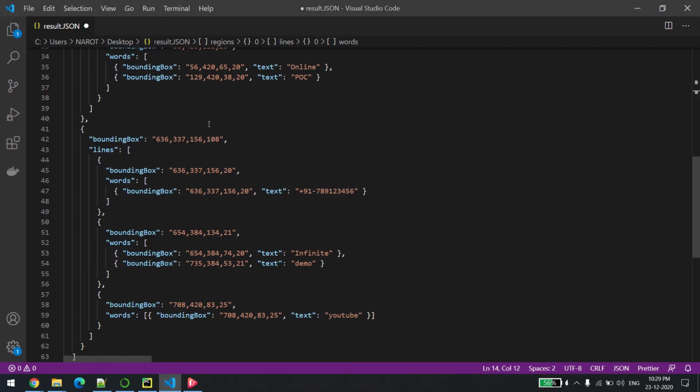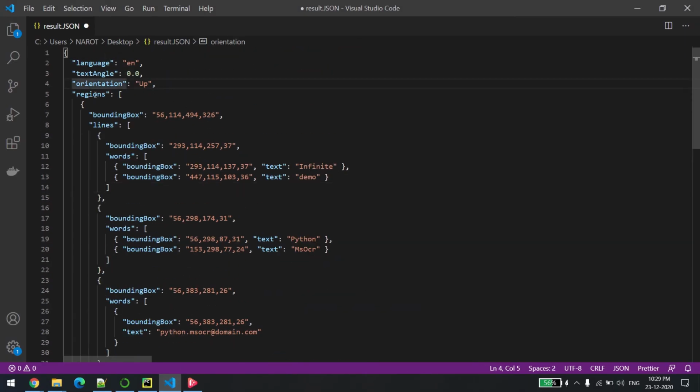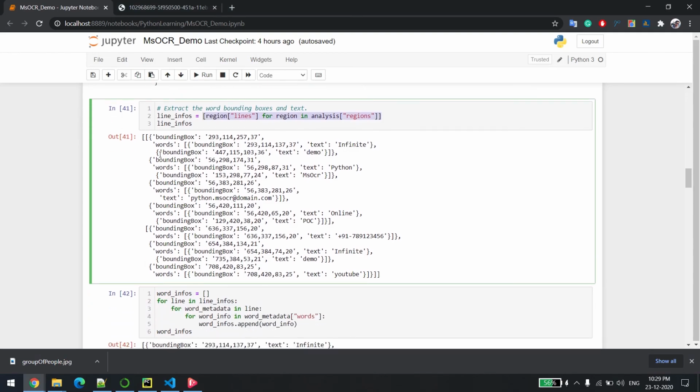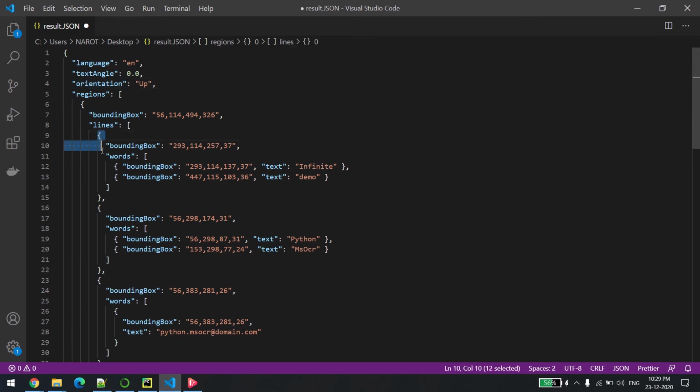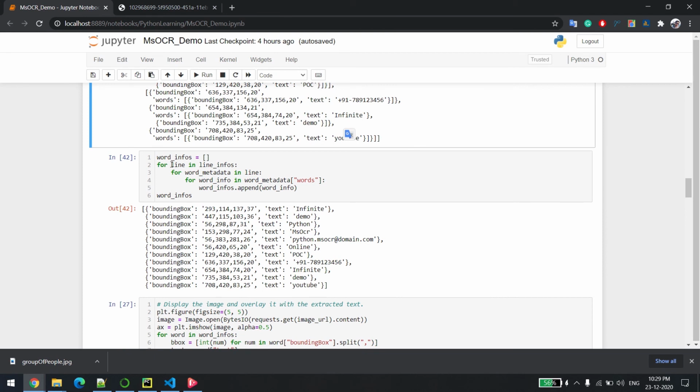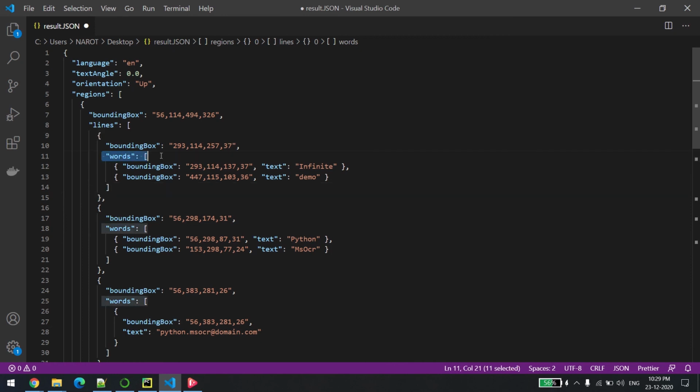If I go back to the JSON, you see it has regions, and each region has all the lines. So from the region, I'm iterating all the lines, and then I get each item inside, like the bounding box and the text, which is nothing but this part. And once you are done with that, you need to format again. What you need is just the word part of it. Word means the inside JSON, and then you will be getting this JSON.